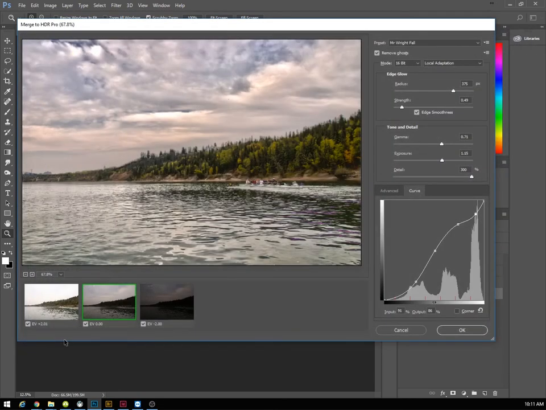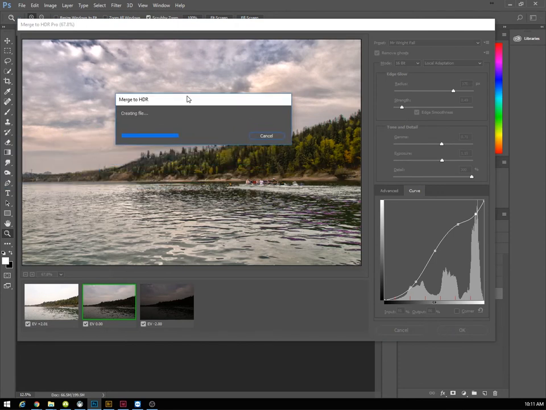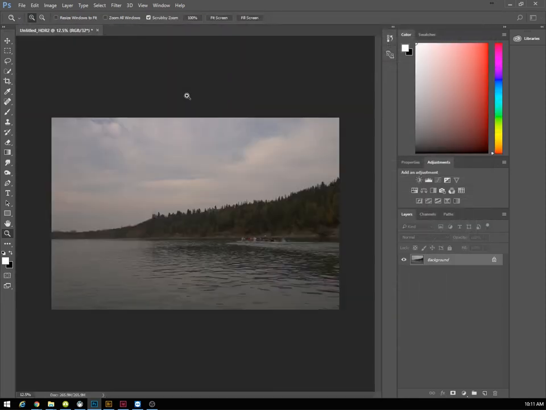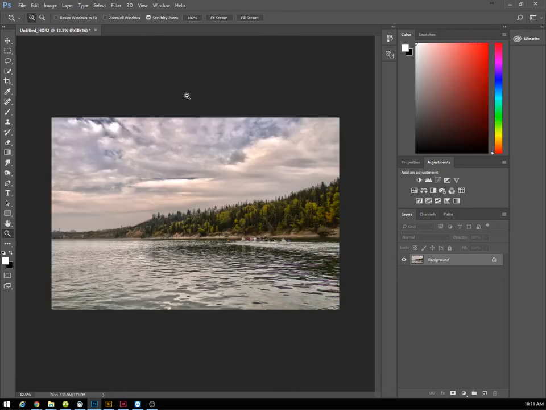And we'll save this as our preset, and we'll just select OK. And now Photoshop will, you can't see it, it's popped over on my other screen here, there it is, merging to HDR. So it's taking these three layers, doing the conversions, doing all the prep work to take those three images that we originally gave it and squish them into one HDR image,